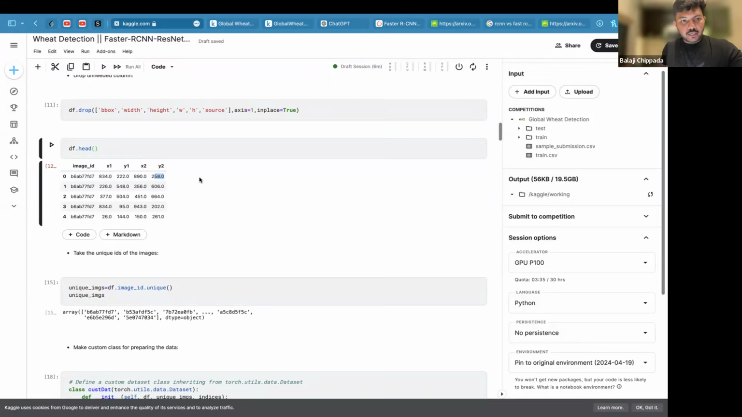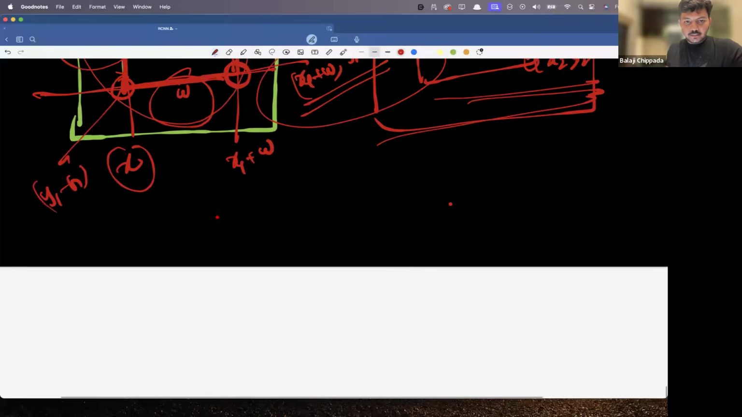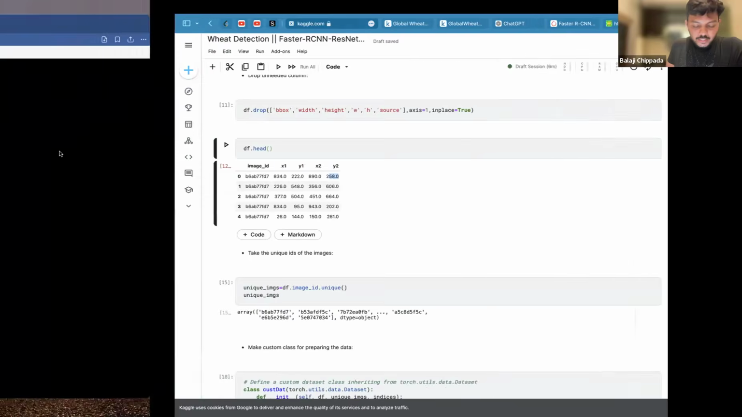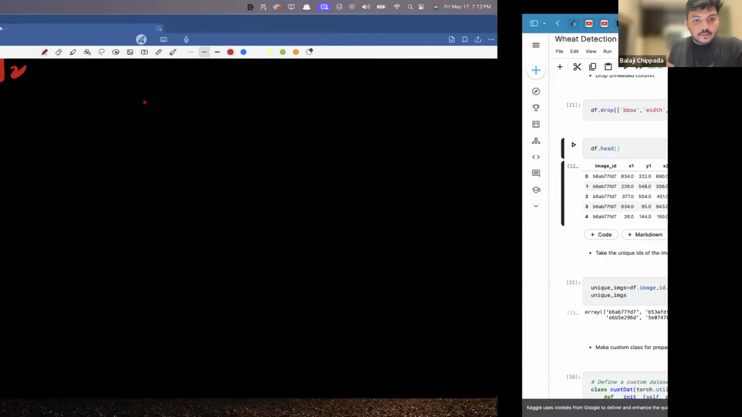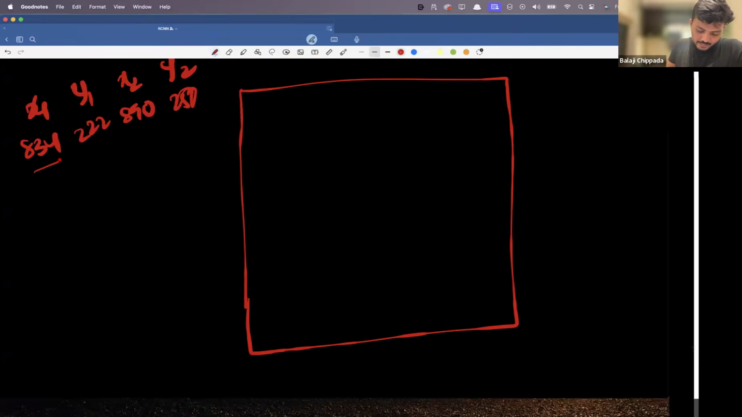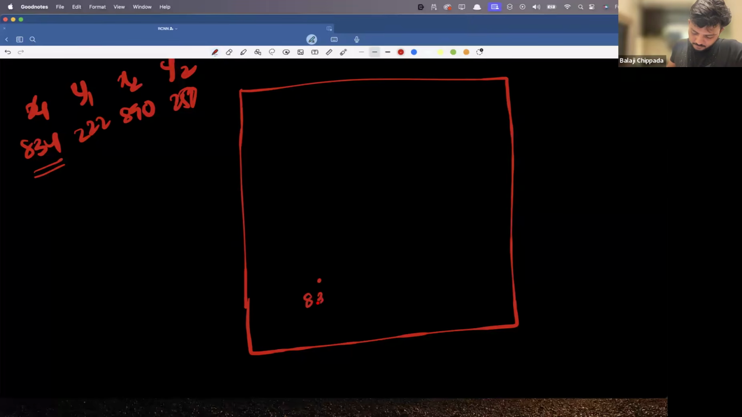So let me show you that. So मेरा coordinates कैसे है, so x1 y1 x2 y2, 834, 222, 890, 222, 890 and 258। सो मेरे पास image something like this। सो मेरा x1 क्या है, 834 है, समझो this 834, and x2 क्या है, 890 है, and then 222 है, समझो this is 222, this is 834, 890 and 258। So this would be this